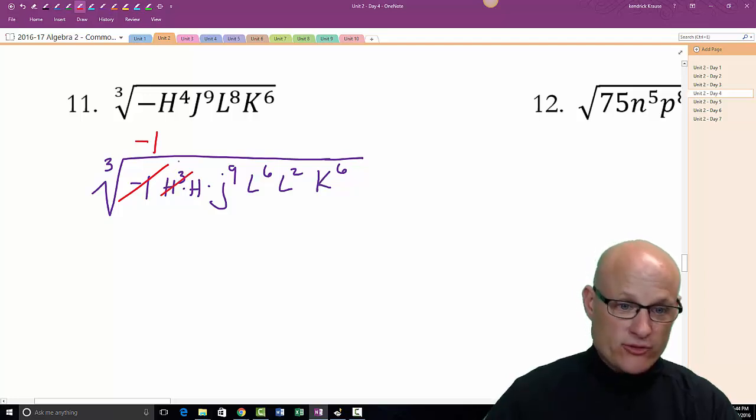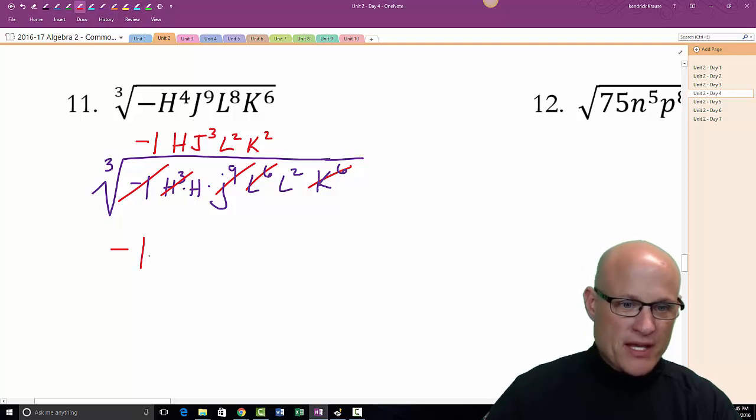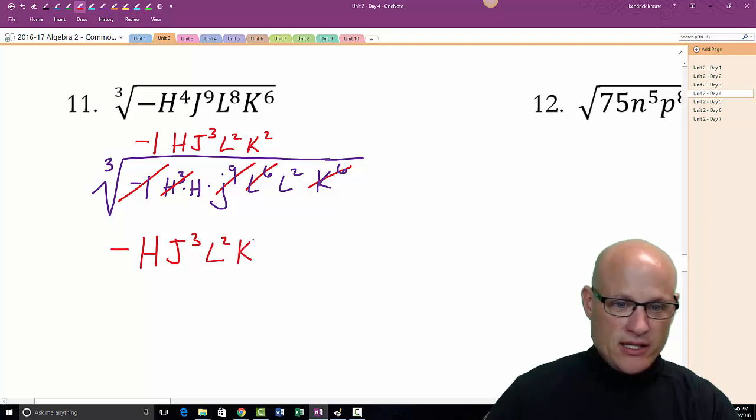The cube root of h cubed is h. The cube root of j to the 9th is j cubed. The cube root of L to the 6th is L squared. And the cube root of k to the 6th is k squared. Remember, looking for groups of 3. So it's negative, you can write -1 if you want. H j cubed L squared k squared